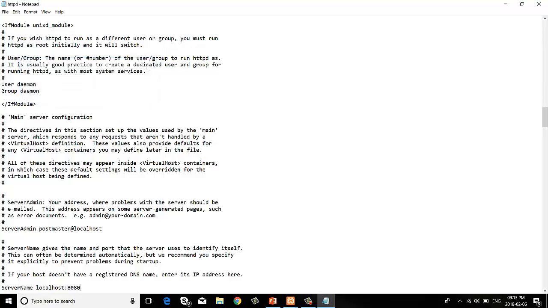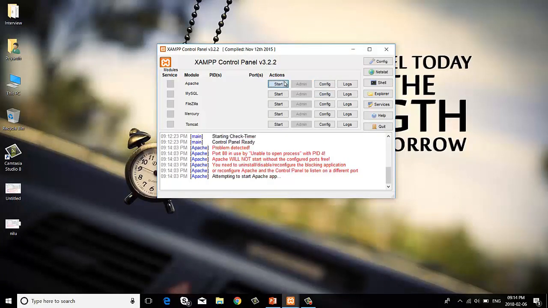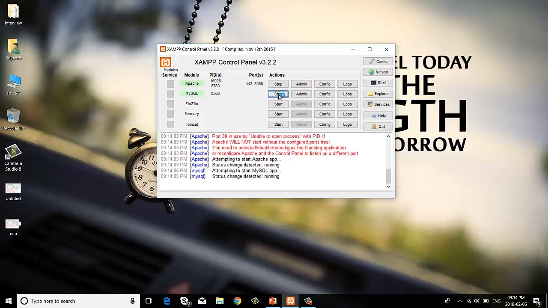Then save this file and finally restart the XAMPP server. And you are done.